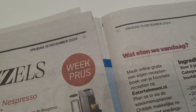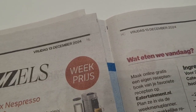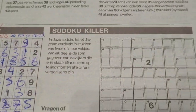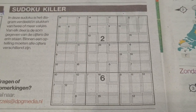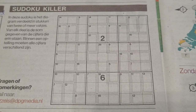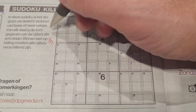Yes, it's Friday the 13th, December the 13th, 2024, and I've already solved two regular puzzles, the 3 stars and the 4 star Sudoku, so one regular puzzle is left, the Killer Sudoku. By the way, in today's newspaper, we also have an additional section with 7 extra puzzles. 4 of them I will solve not now but in the evening. Now I will continue with this one, number